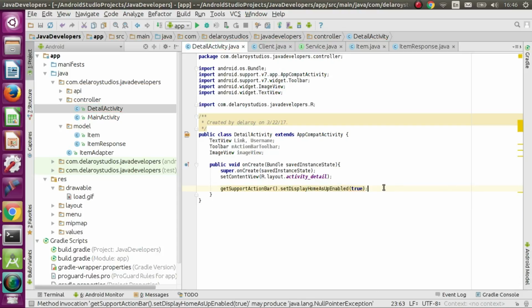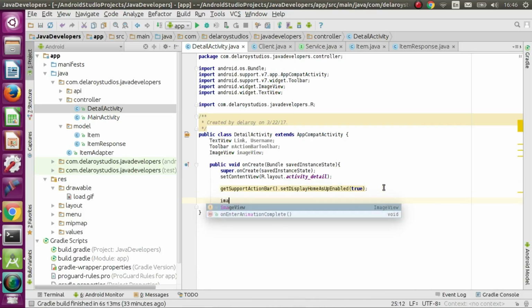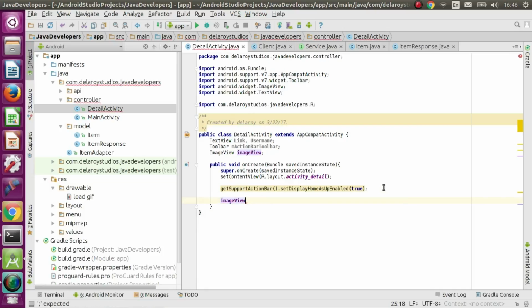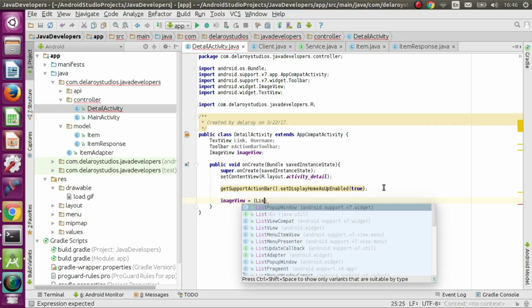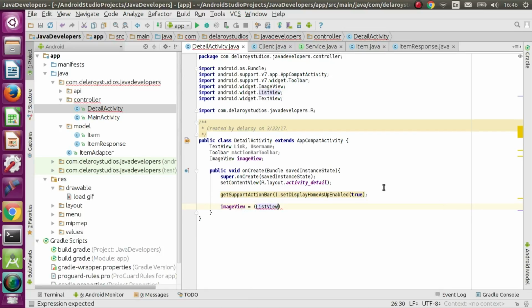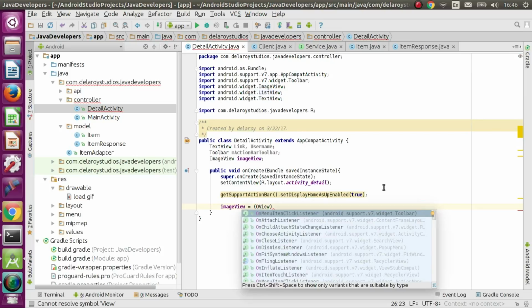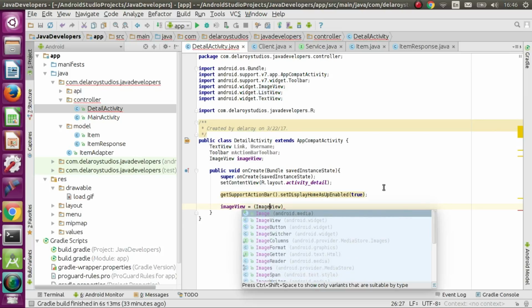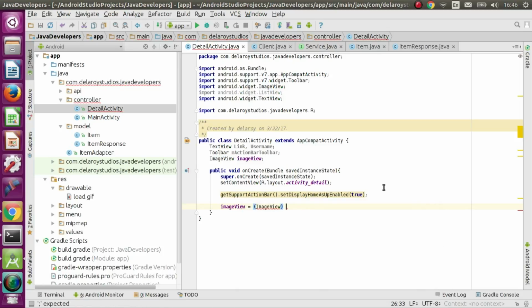Okay, we'll get to undo this right in the manifest. Let's continue. Now let's initialize these fields, equals to list view, or image view rather, because it's an ImageView. Now call findViewById,